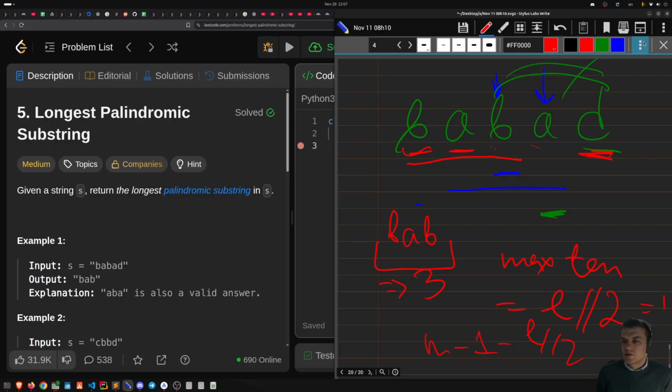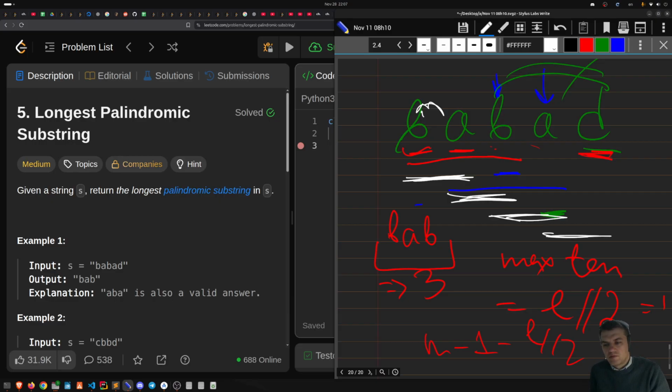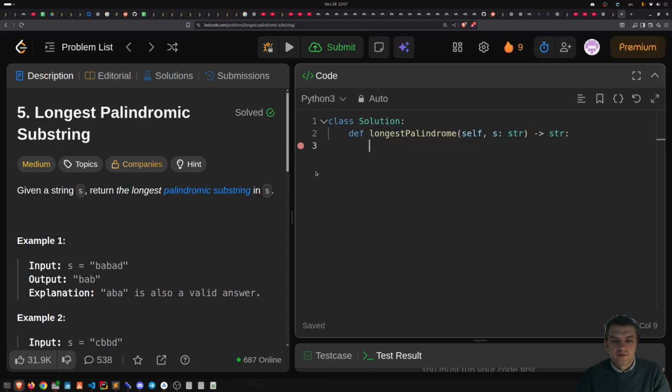And here I also need to check another set of palindromes, of length 2. So I check if this palindrome is included. If this is a palindrome, no. If this is a palindrome, no. If this is a palindrome, no. And this one, no. And if yes, I need to expand it further to the left and to the right. So here I'm gonna have this 4. So I definitely know that